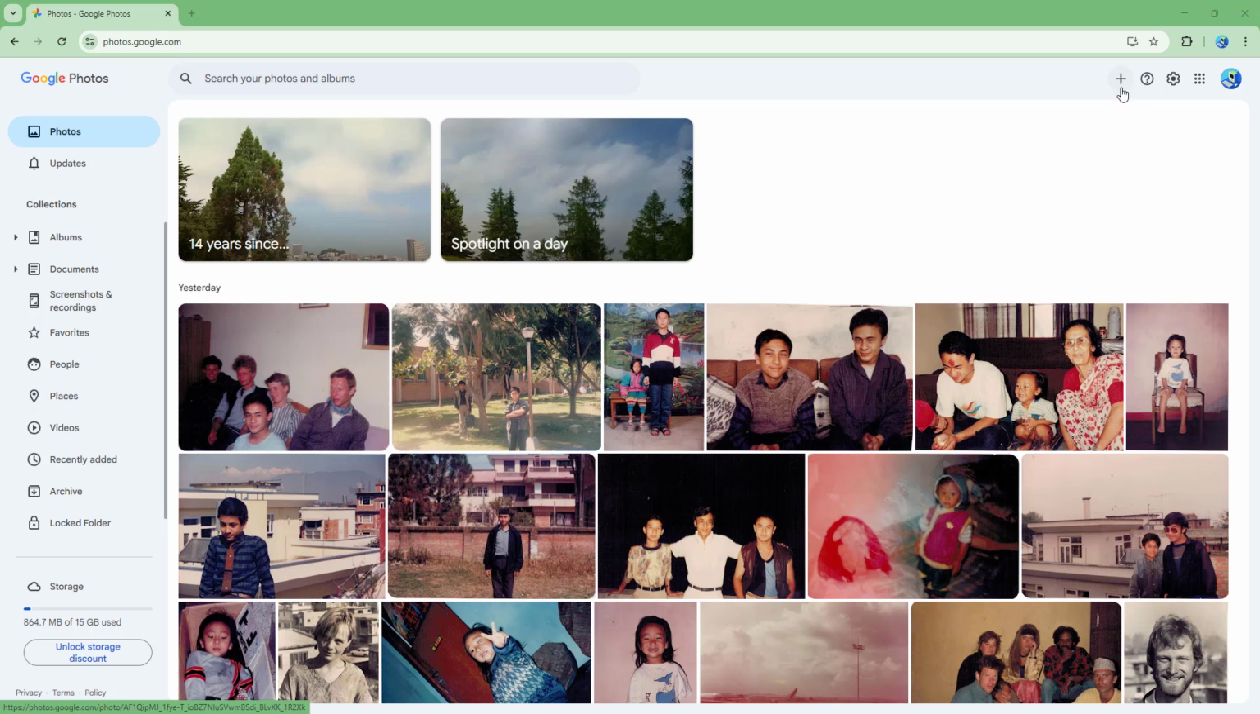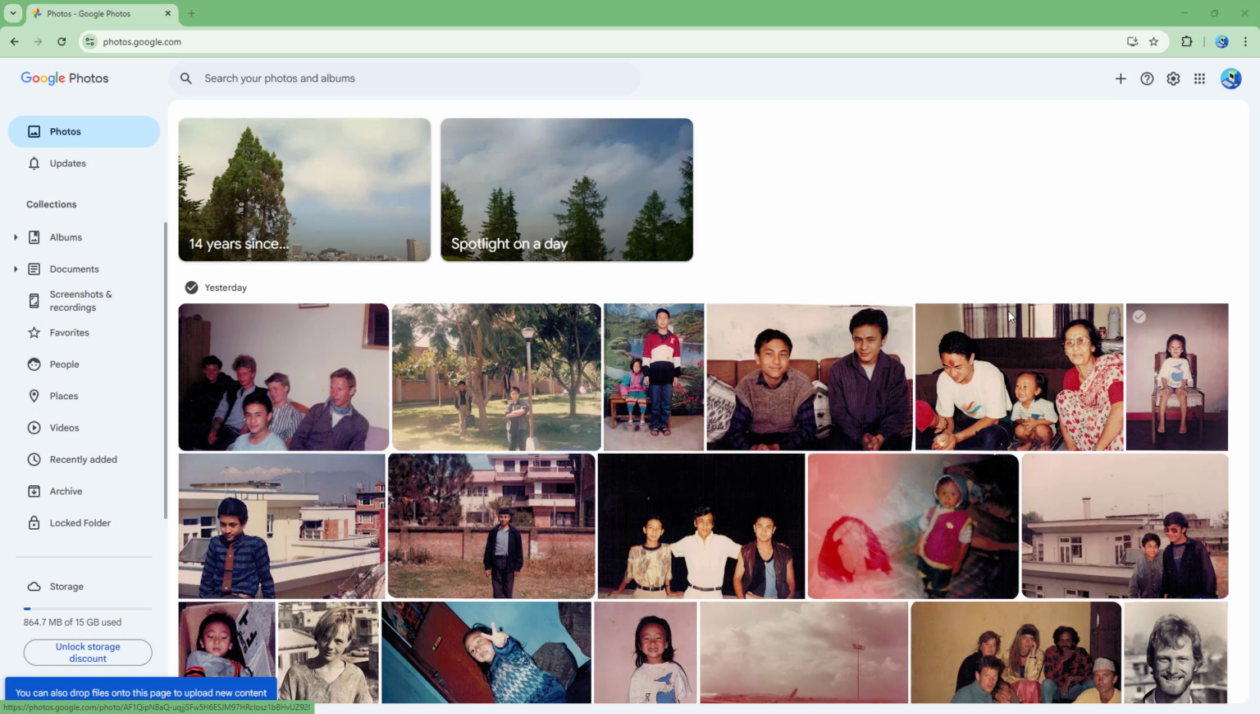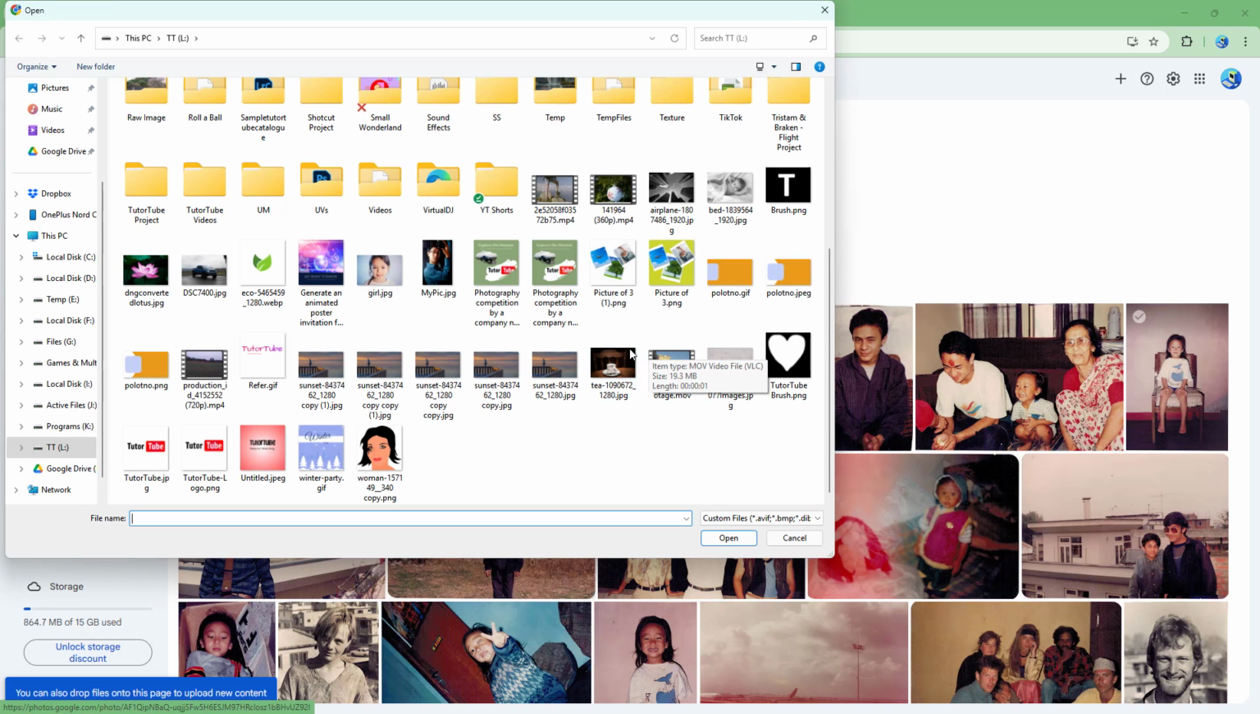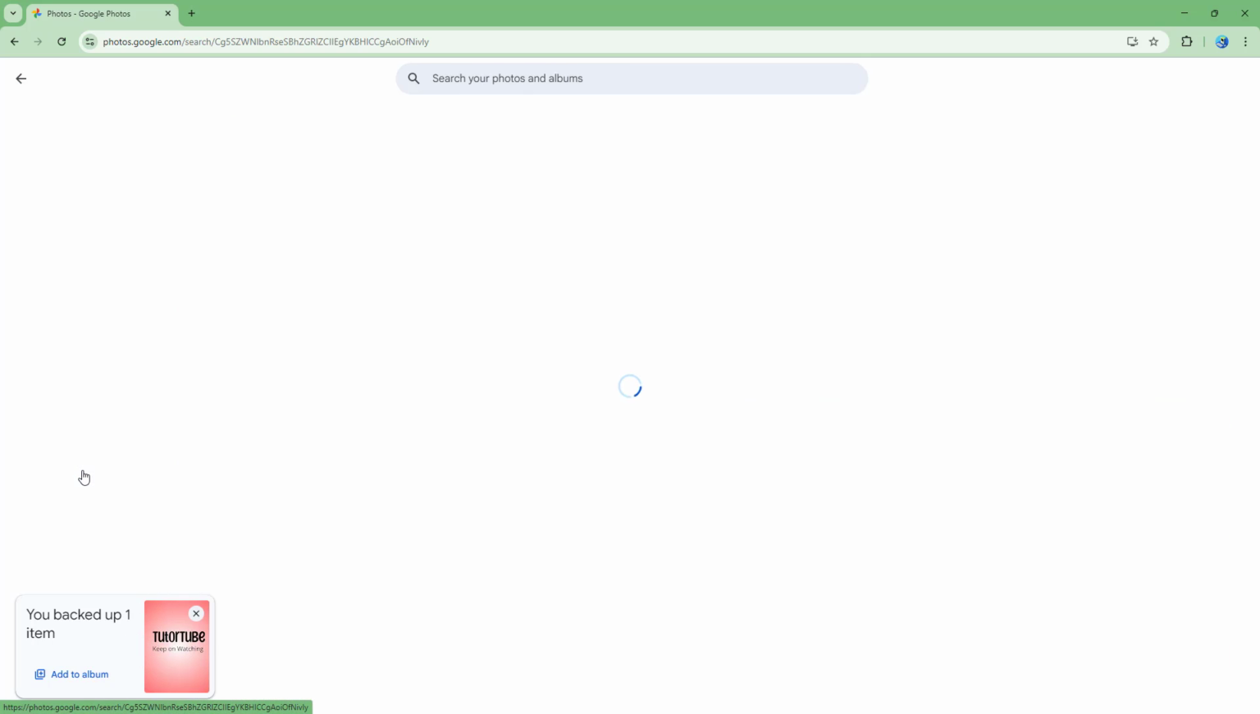So if I were to go ahead right here and upload, let's say for example, a photo. So let's just go over here and upload a certain photo, just like this. Then what happens is that this photo is recently uploaded. And to find out the photos that you have recently uploaded, such as these, you can go onto